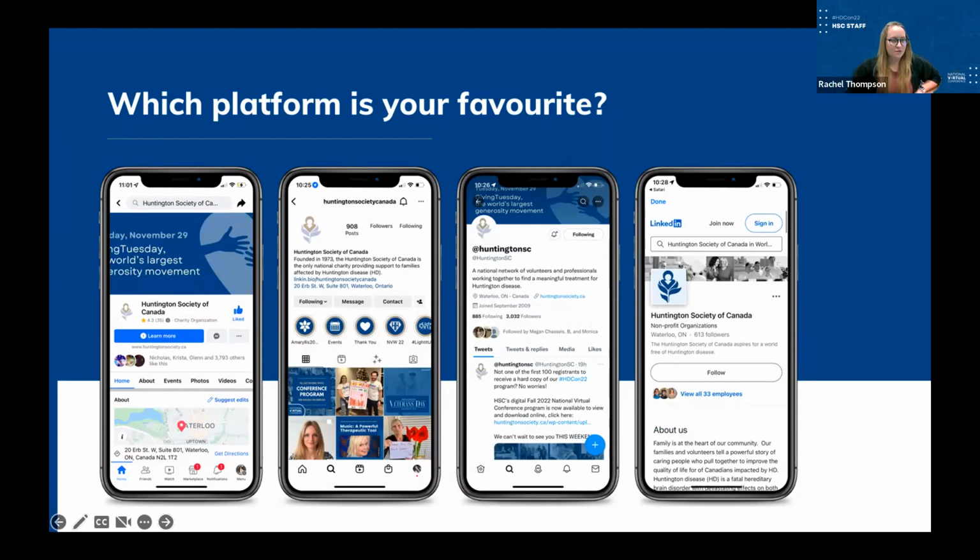I would say my favorite is Instagram right now. And how come? Why do you like Instagram, Rachel? I really find that, especially during COVID and with all the different types of apps, the frequent updates to the story features of Instagram really helps me kind of stay up to date with family and friends, but also organizations I support and news updates too. That's great. Instagram's my favorite too.